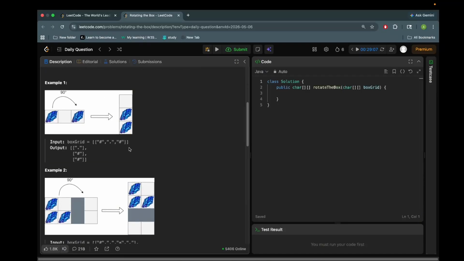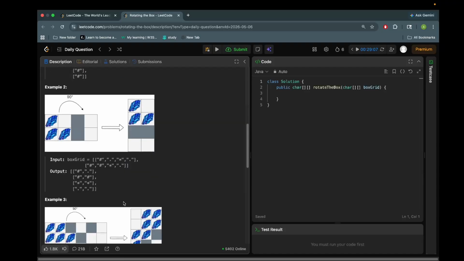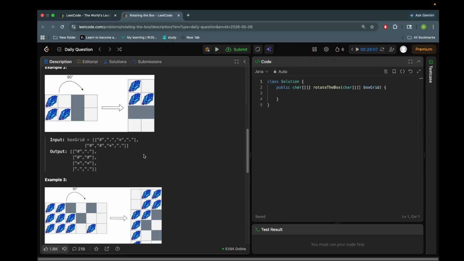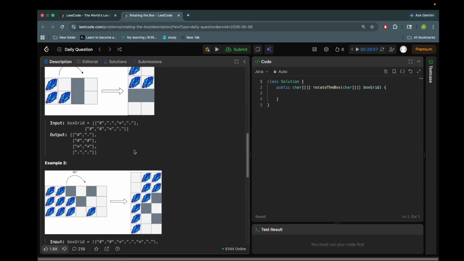So if I have obstacles here, should I take each row? First thing is to take each row and modify it, move the elements, right? If an obstacle is present,